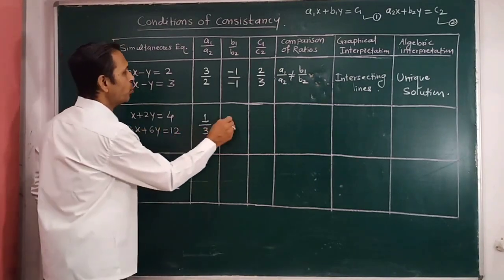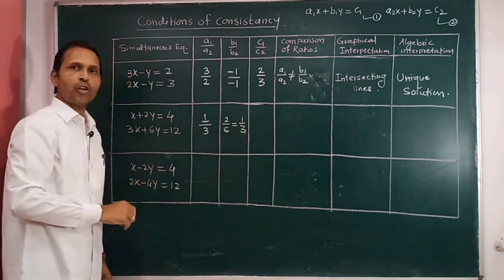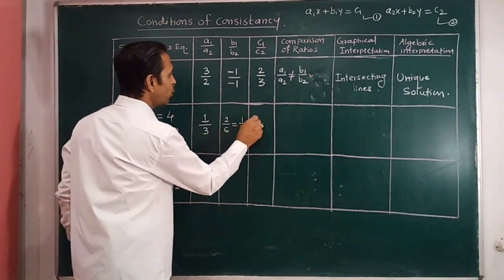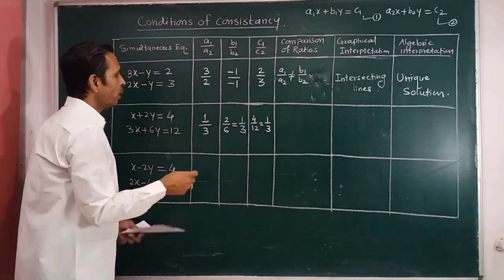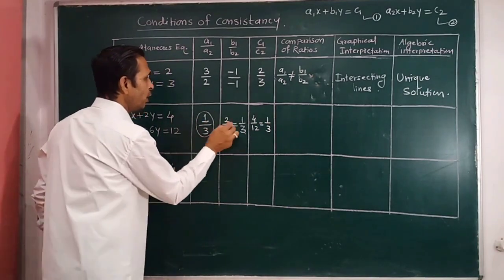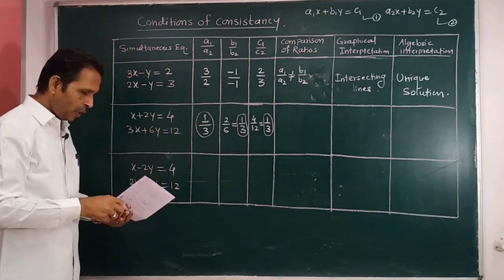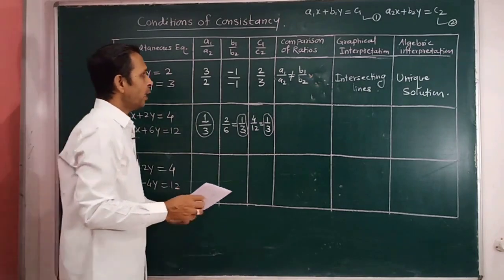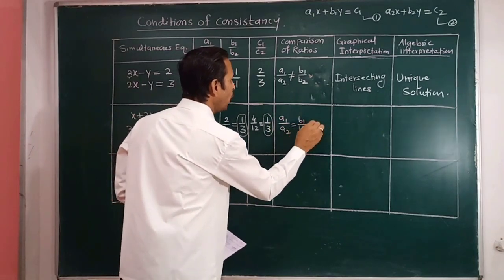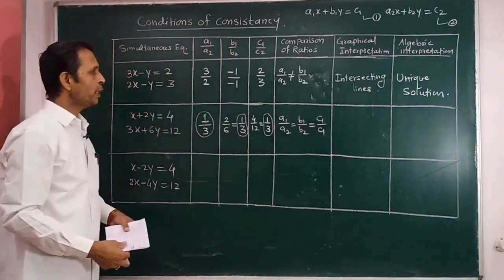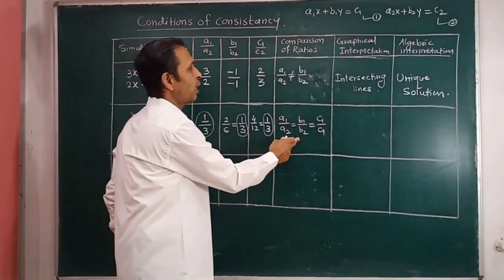Now the next ratio is 2 upon 6. 2 upon 6 is again 1 upon 3, the simplest form. The third ratio is 4 upon 12, which is again 1 upon 3. Now you observe that this ratio is 1 upon 3, this ratio is also 1 upon 3, and this ratio is also 1 upon 3. So A1 upon A2 is equal to B1 upon B2 and is equal to C1 upon C2. All these three ratios are equal,